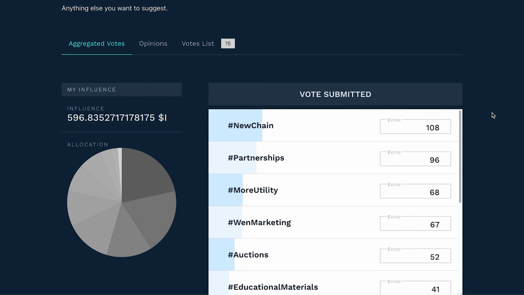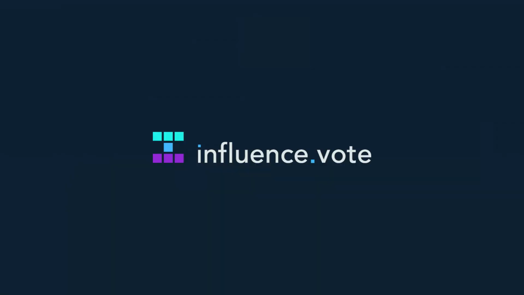Influence.vote is the core of our sense-making system that will capture the desires of DAO participants and make sure that token holders of any size are listened to and heard. If yield.vote, markets.vote, auction.vote and bank.vote are the orchestra, influence.vote is the conductor.